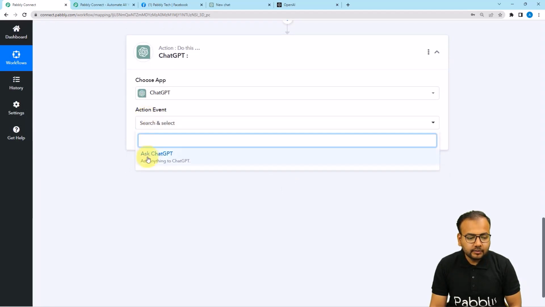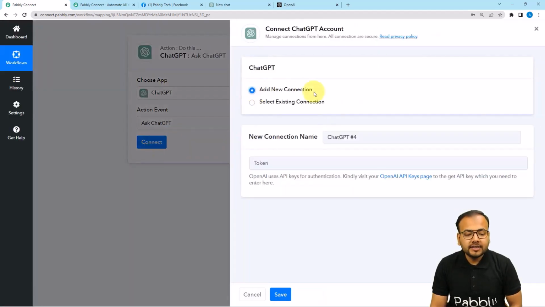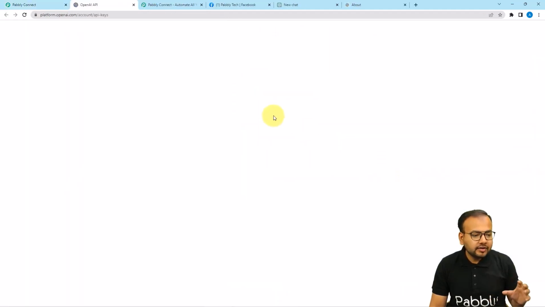And in the action event, I'm going to select Ask ChatGPT, then click on the Connect button. From here, select Add New Connection. Here you have to provide the API key of OpenAI. OpenAI is the company which created ChatGPT. You can get the key by clicking on this OpenAI key page link, and you will reach the